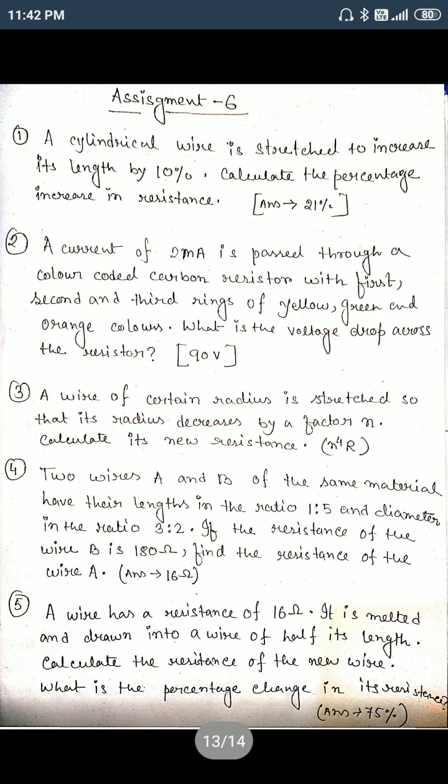This is the value of the resistance. Understood? So these are some assignments related to current density and color coding. Try them at home, along with those related to Ohm's law and resistivity, R equals rho L by A. If you have any problem in this assignment, please inform me in the comment box which number you have a problem with, so I will solve it and upload that video also. Here I will write the answers in brackets, so after solving, you can verify whether your answer is the same or not.